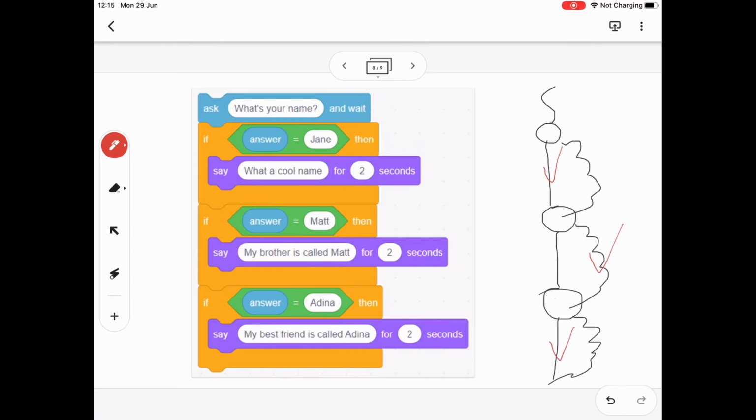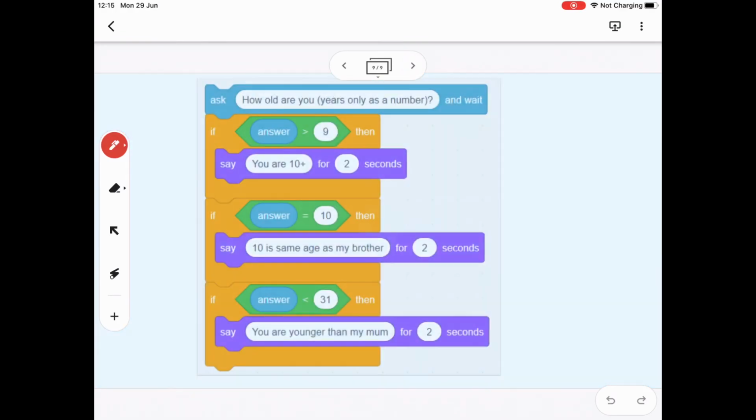Let's have a look at one last example of the flow of control. Okay. So here we've got a question. How old are you? Years only as a number. Now let's have a look how many conditions we've got. We've got the number. Answer equals greater than 9. Answer equals the same as 10. Answer equals less than 31. So we've got that initial question. All right, and then if our answer is